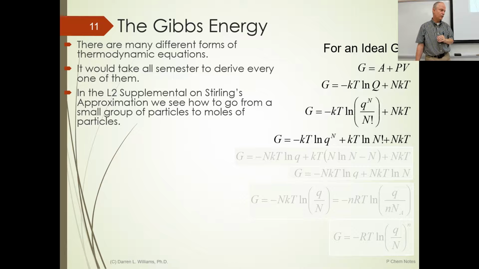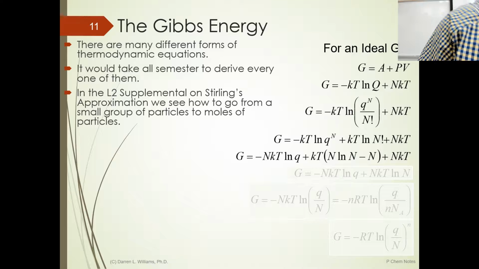Okay, and so we also pulled out this log. We have a log of a quotient, and so that's equal to the difference in logs. So for this step, we've split that fraction, and we have now 2 logs. So we can deal with this n factorial separately. Notice how this n factorial here has disappeared using Stirling's approximation. So this natural log of n factorial is this piece in parentheses.